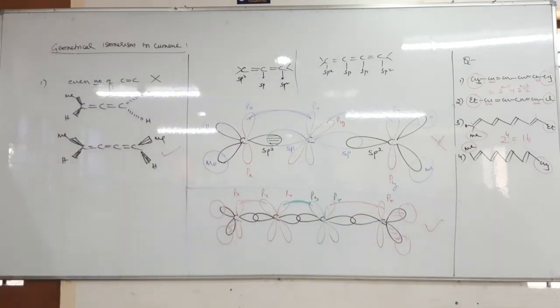Case 1: a cumulene with an even number of double bonds cannot exhibit geometrical isomerism